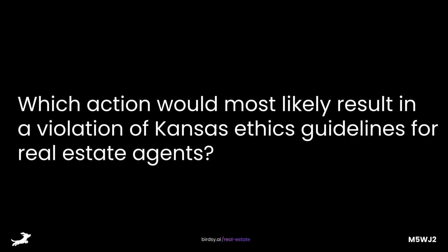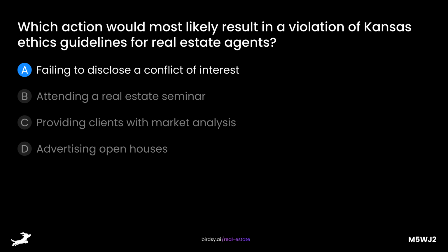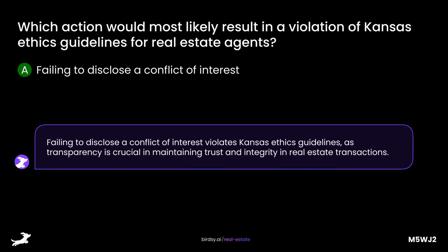Which action would most likely result in a violation of Kansas ethics guidelines for real estate agents? Is it A, failing to disclose a conflict of interest, B, attending a real estate seminar, C, providing clients with market analysis, or D, advertising open houses? The answer is A, failing to disclose a conflict of interest. Failing to disclose a conflict of interest violates Kansas ethics guidelines, as transparency is crucial in maintaining trust and integrity